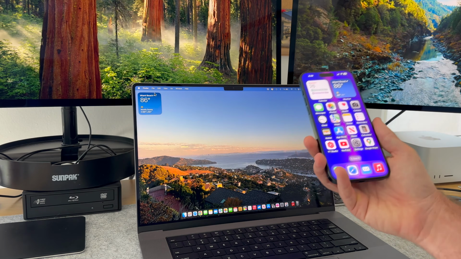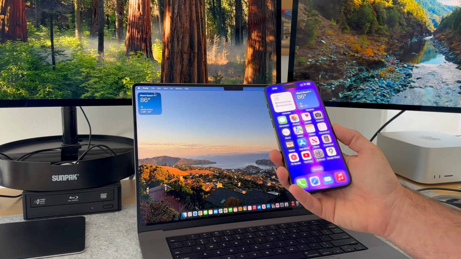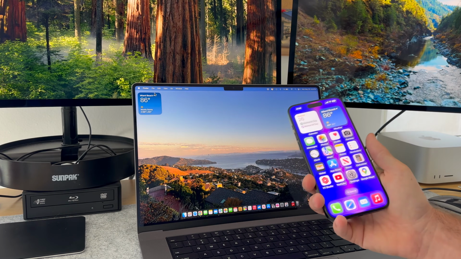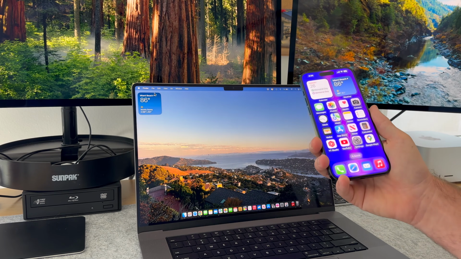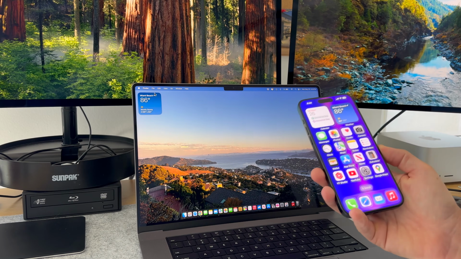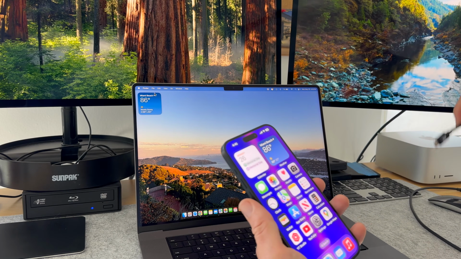Okay, so you want to transfer your pictures from your iPhone to your computer. And notice we're talking about the best way to do this, not just how to do it. So I'm going to show you what I think is the best way, but there are other ways to do this as well. So in my opinion, the best way and also the fastest way, by the way, is by